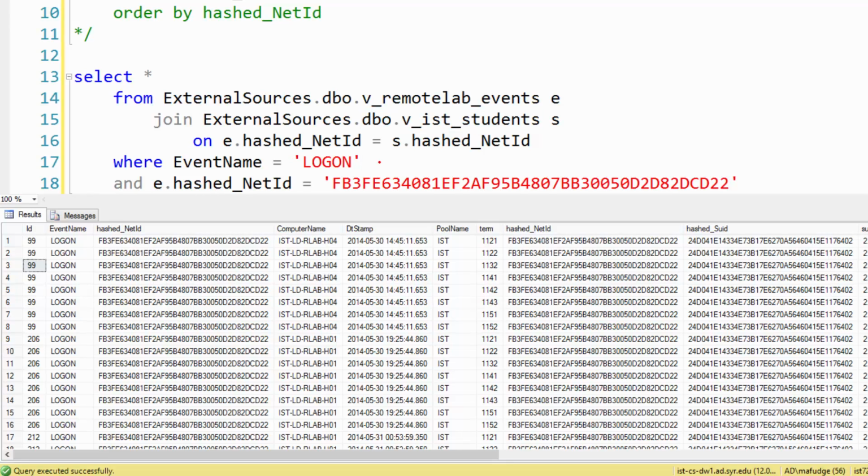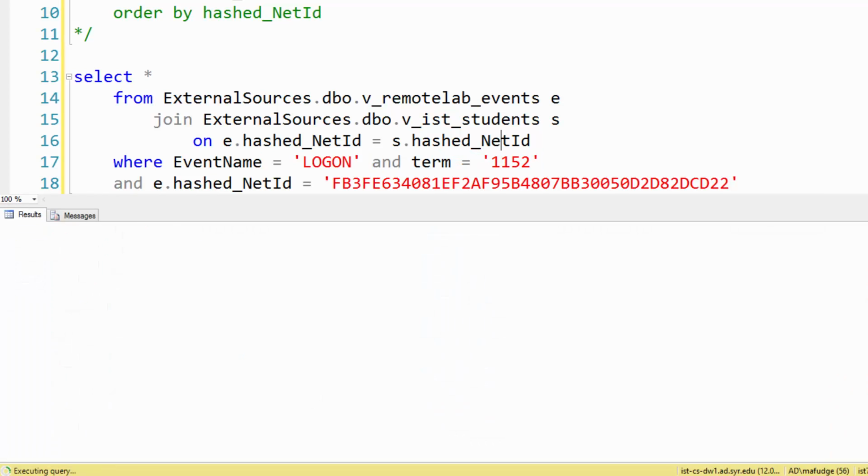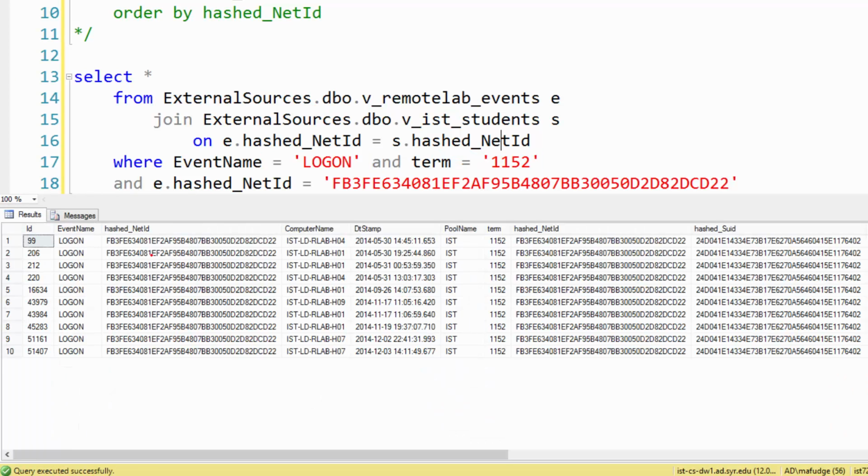So I need to actually pick the semester that I want to reference the student. And what I'll do is I'll pick the most recent one, which is going to be 1152. You'll get to know these term codes, and there's actually an external sources view that associates the term code with a friendly term like fall, spring, or summer. I'm going to add this in and run it, and now I should get an accurate number of logins. Let's see what we get here. Okay, so if you look, each ID is unique,